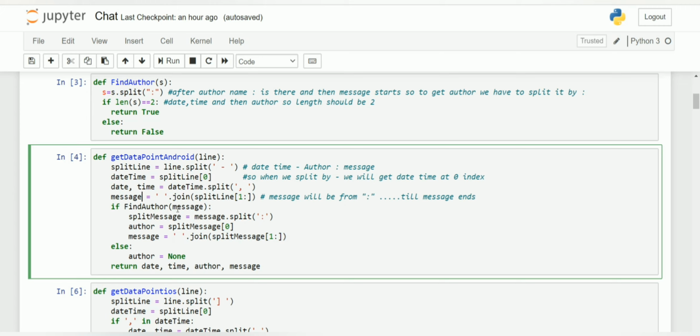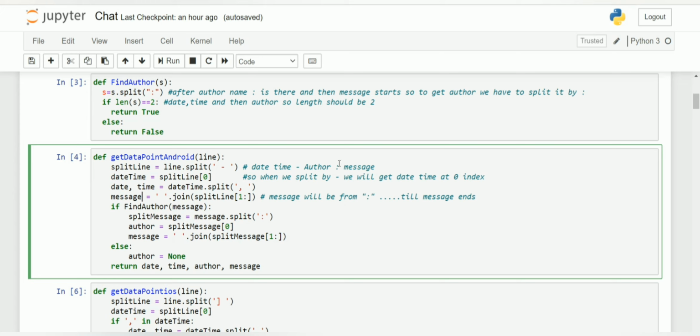Now the find author message function will find the author of the message which we have shown above, and then the split message function will split the message by colon, as we have shown here, author colon message. So the message is split by this colon. Author will be split message of 0.